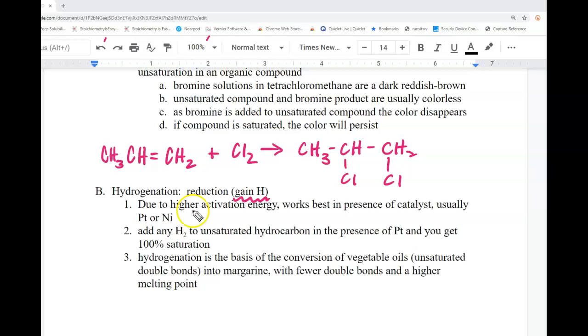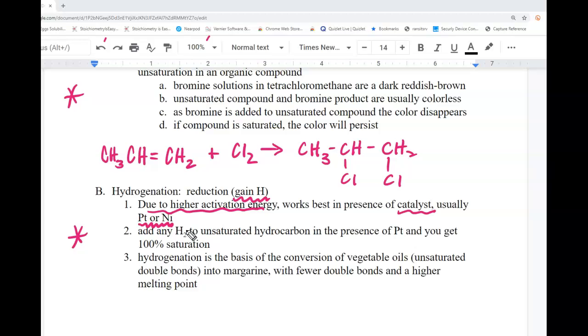So this requires more activation energy, so we need to add a catalyst. And you are required not only to know about halogenation, but hydrogenation as well. And so you need to know that the catalyst can either be platinum or nickel. And so to add any hydrogen, H2, to an unsaturated hydrocarbon, we're going to do it in the presence of that catalyst. And basically, it is a way where we can